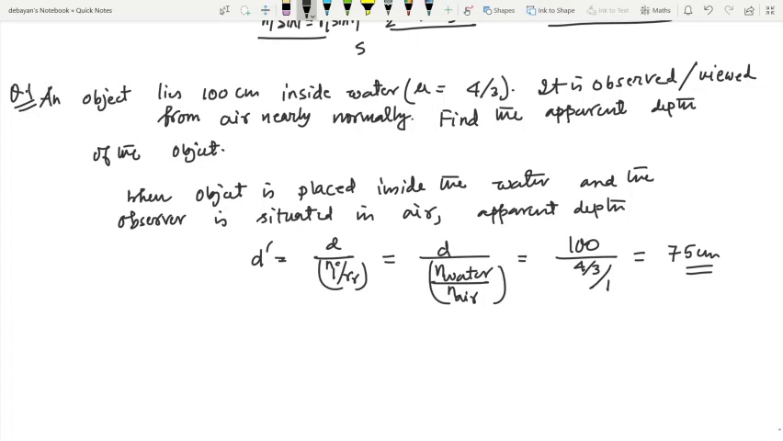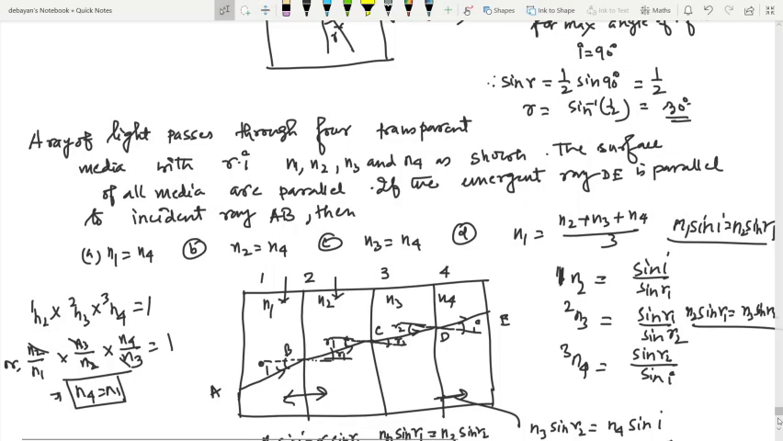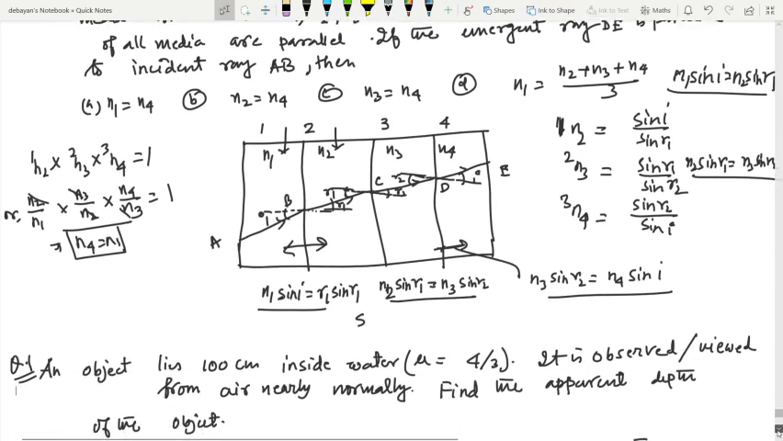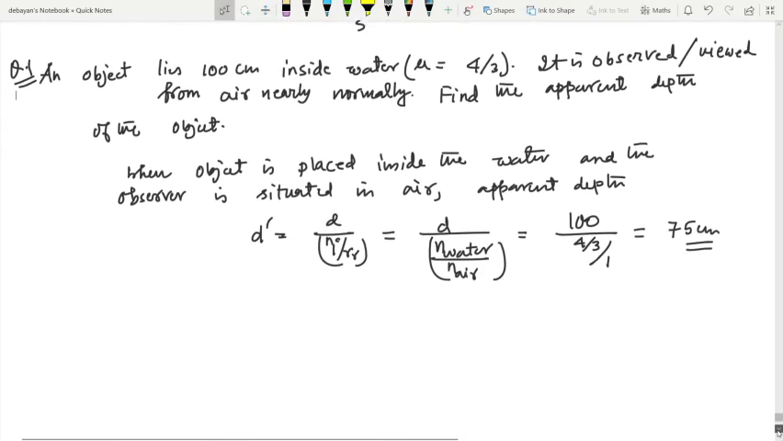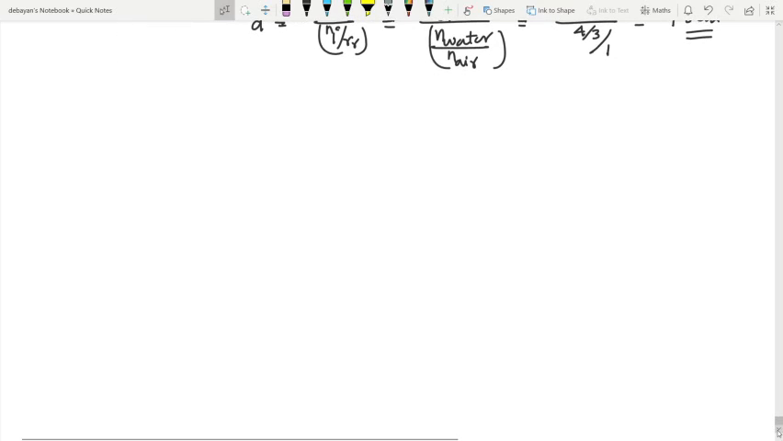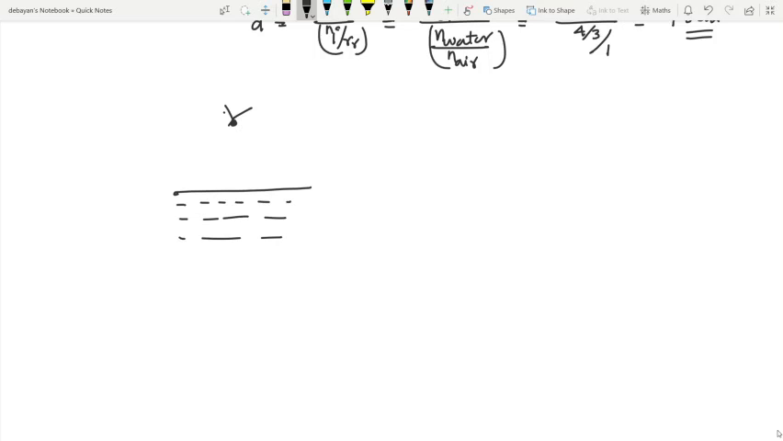Suppose another problem is given like this, the problem is like that, I will ask for the answers. It has been told to you that here there is a bird, and say this is water, mu is 4 by 3, that height is given, that is 36 centimeter, and that is also 36 centimeter, and that is air where the refracting